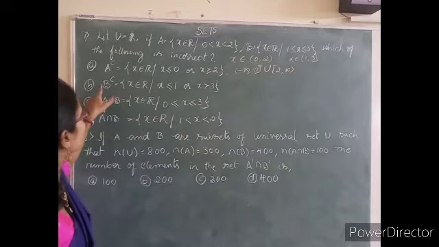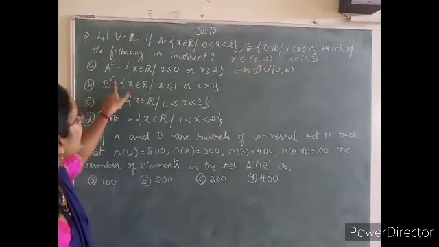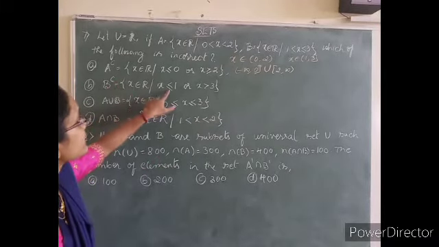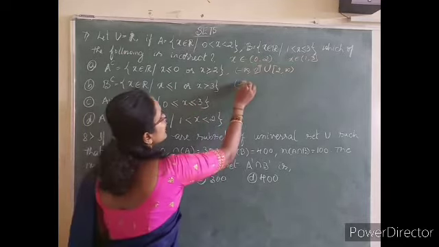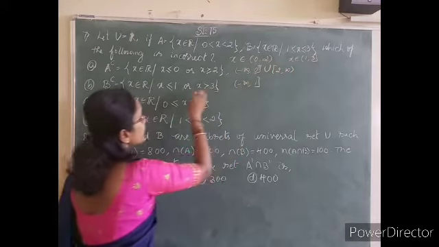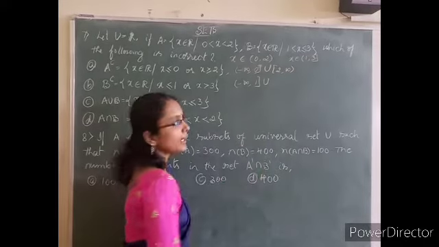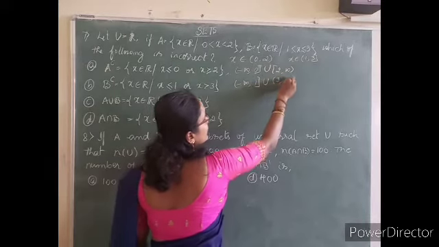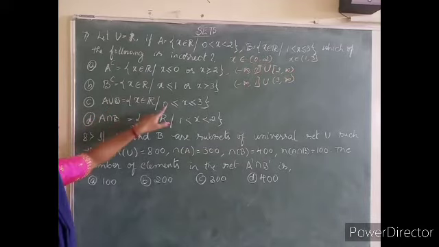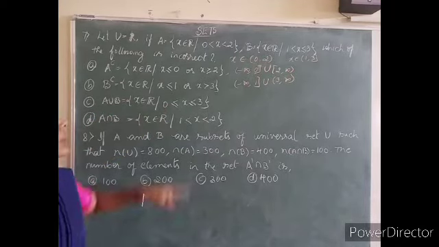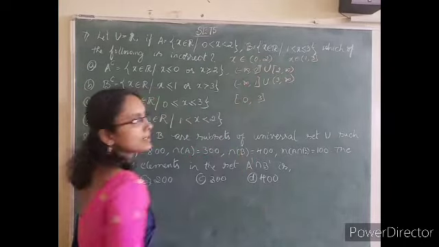After that we will discuss. First we write all of them in interval form. B to the power c, that is B complement, is x less than or equal to 1 or x strictly greater than 3. X less than or equal to 1 means minus infinity to 1, so 1 is included. Or means union. The x strictly greater than 3 is 3 to infinity, and 3 is not included. A union B, that is 0 less than or equal to x less than or equal to 3, so in this case closed interval 0 comma 3.